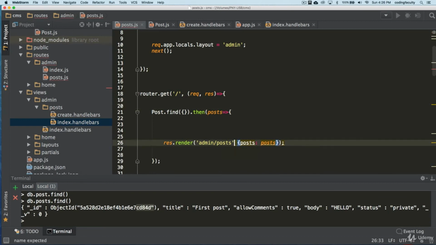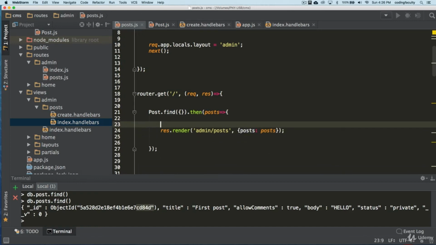Let me put a comma here. This value is the one that's here, and this one I'm just creating on the fly. I can name this whatever I want, but I wanted to keep it the same. Okay, so this should be working.